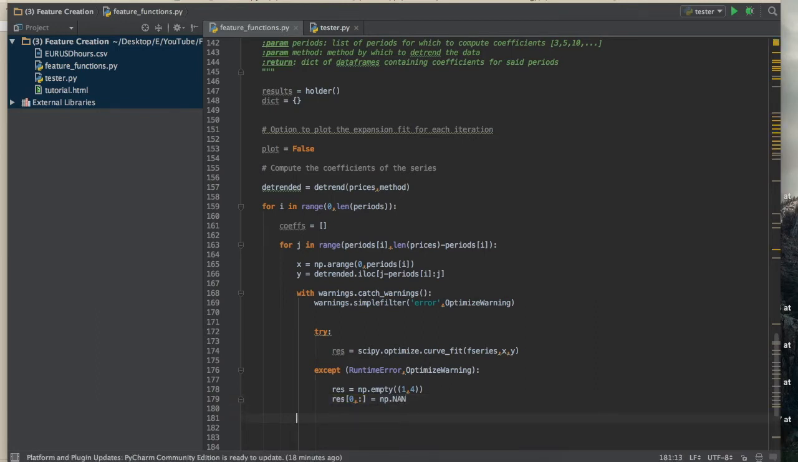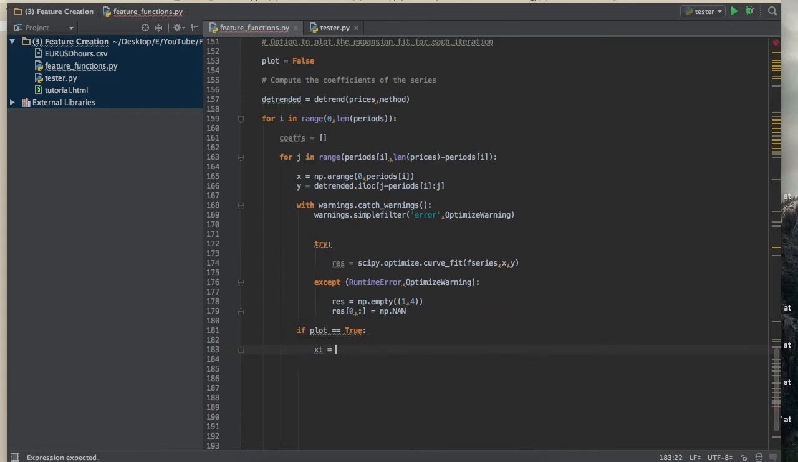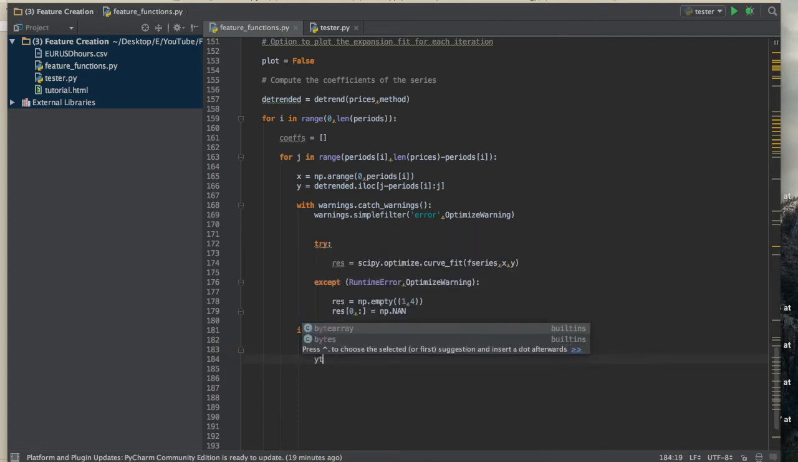So let's drop down outside of the with, and now let's plot it. Now we're going to create our data to plot the results of our fit. To do this, we're going to use numpy.linspace. This will create evenly spaced data from 0 to periods i. So we want 100 data points. That'll give us 100 data points between 0 and whatever our period number is. And then yt is equal to